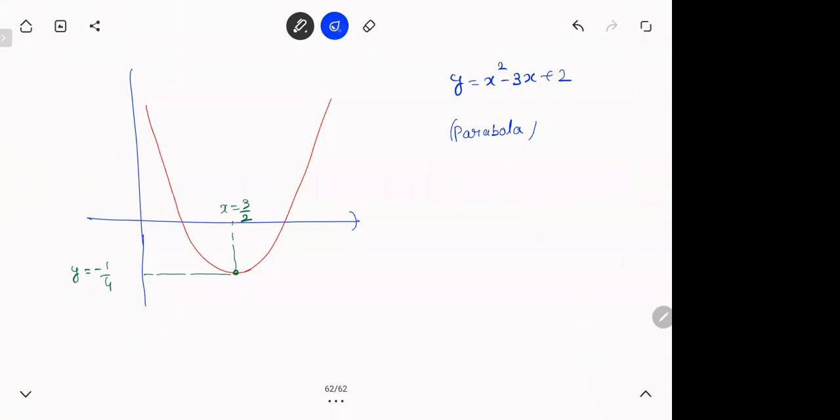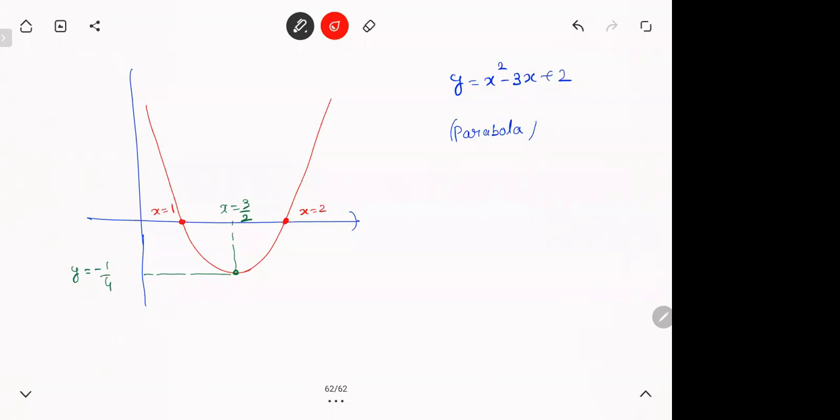And not only this, if you calculate this, these points are the roots of the function. This is x is equal to 2 and this is x is equal to 1. Those are the roots of this function. Put 1 and 2, you'll get 0 for y. When you go from minus infinity to plus infinity in x, you'll get a graph like this.